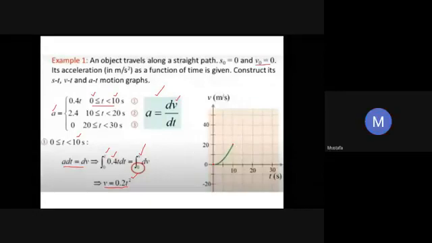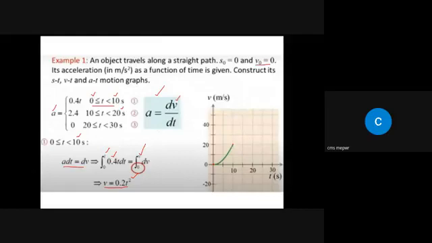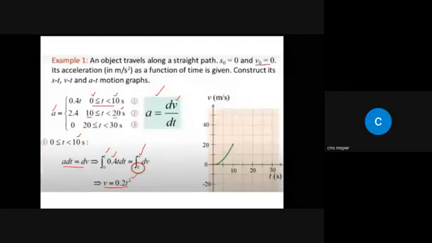Yes, sir. Okay, now let's go to the second time interval. For the time interval 10 to 20 seconds, the initial time will not be 0 now. The initial time will be 10 seconds and the final time will be t or 20 seconds, right? What about the initial velocity? What will be the initial velocity now? 0.2